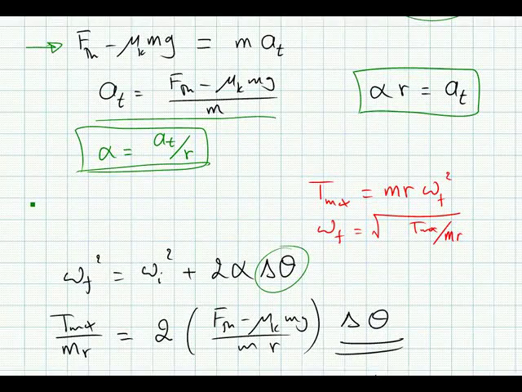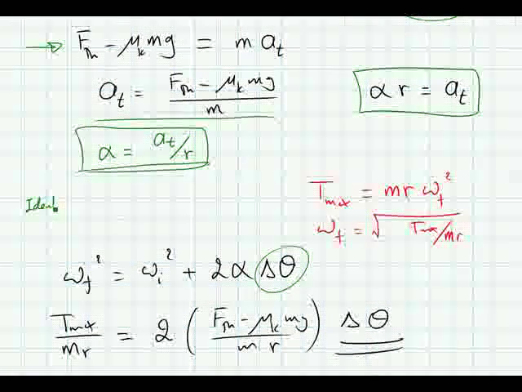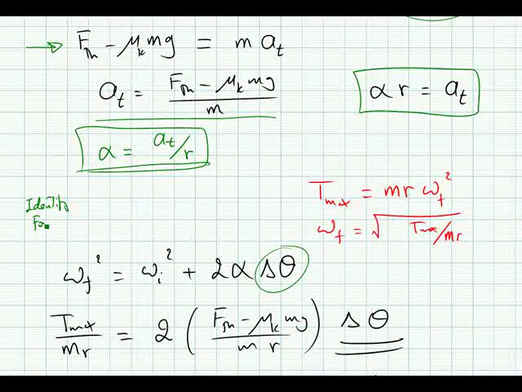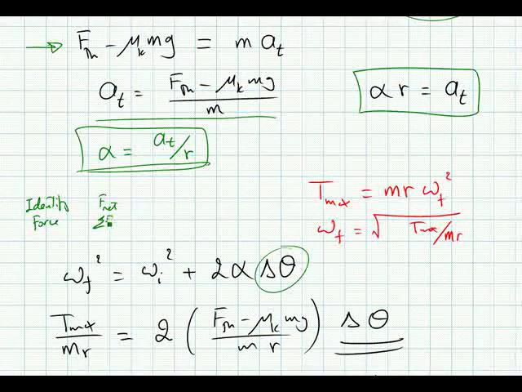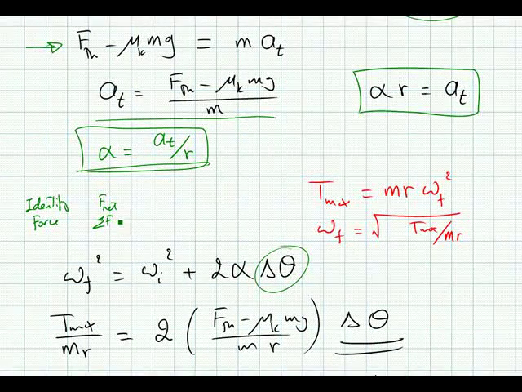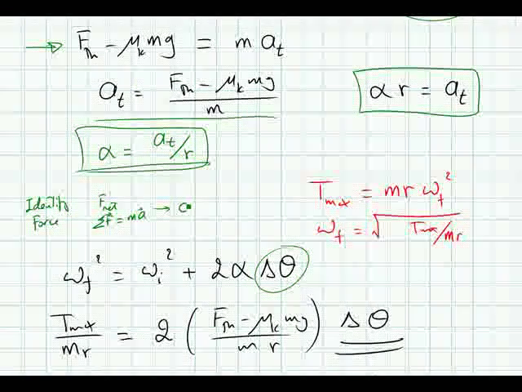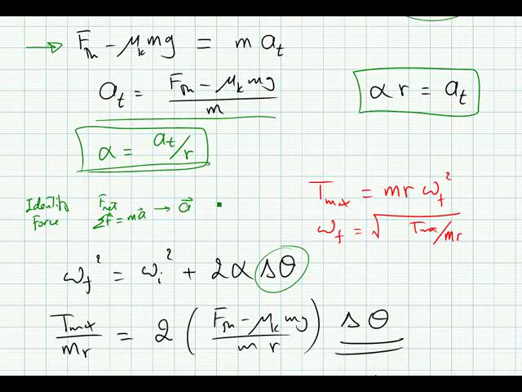You identify all forces, and then do a free body diagram to calculate the net force, or the sum of the forces in a particular direction, and that is equal to ma. Okay, so that gives you your acceleration, and then having acceleration, then you apply